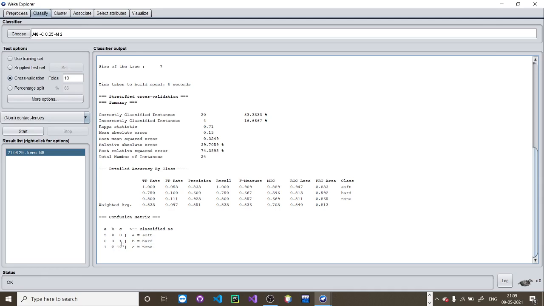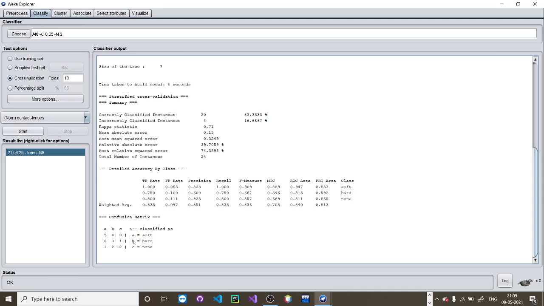But 1 here depicts that this should have been hard, but it is kept under the none category. This is the incorrect value shown here, that 16% of the data will be specified incorrectly. So this is the error here.